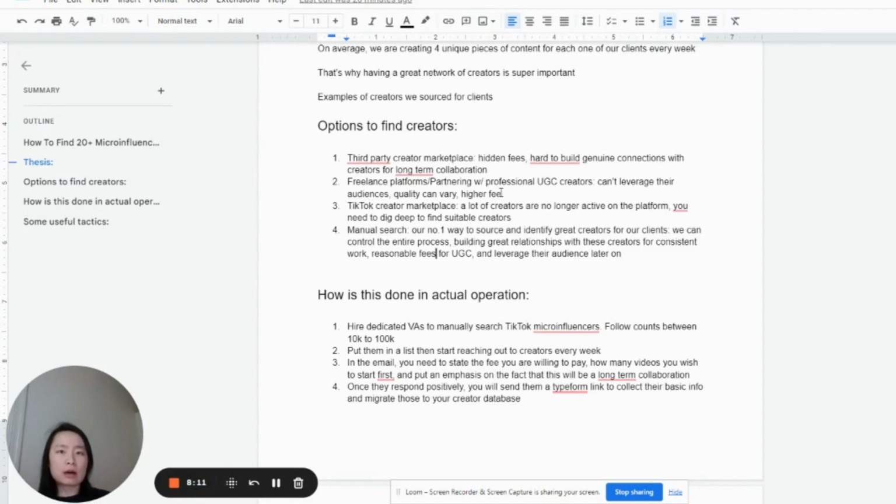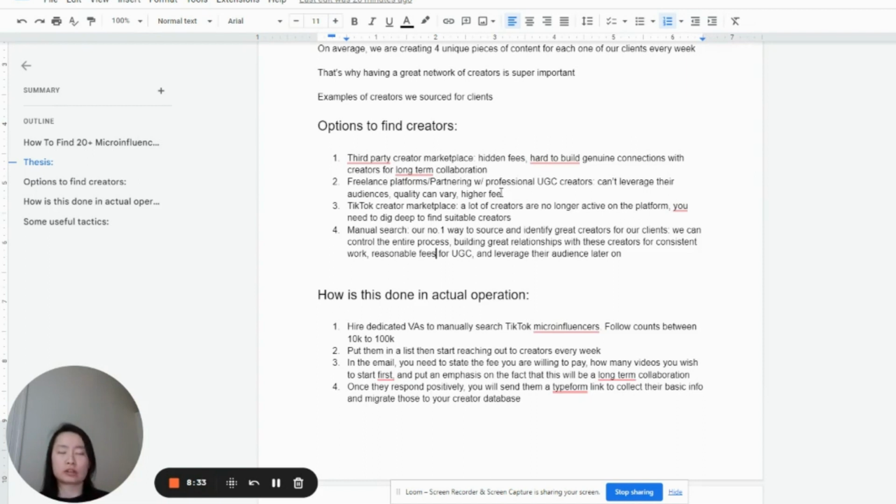usually they will leave their emails. So when you send them a message, they are much more likely to respond. And second, it's just more straightforward that way. Which leads us to our favorite and number one way to source and find these micro-influencers on TikTok, which